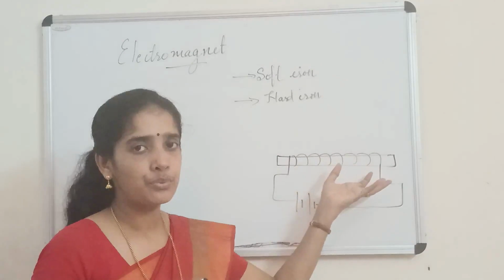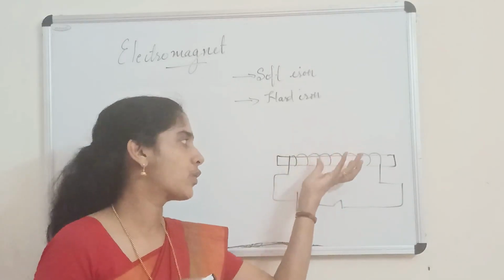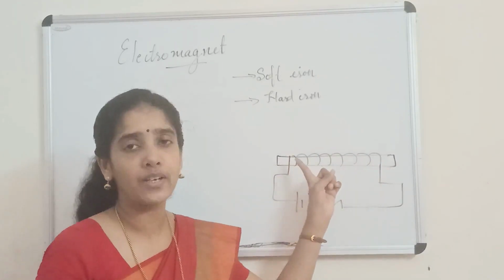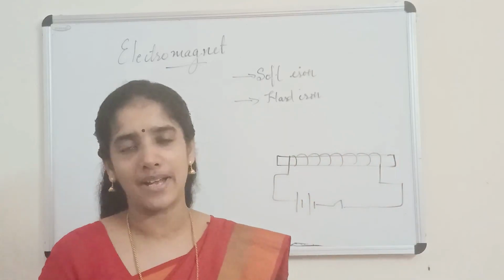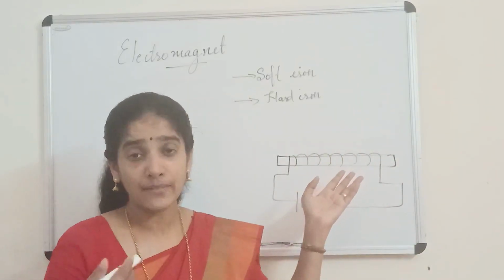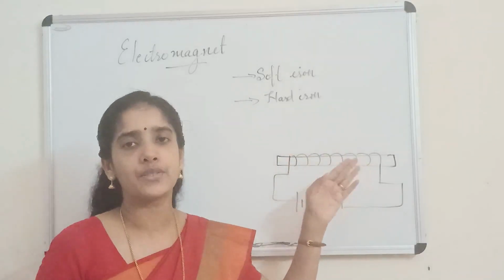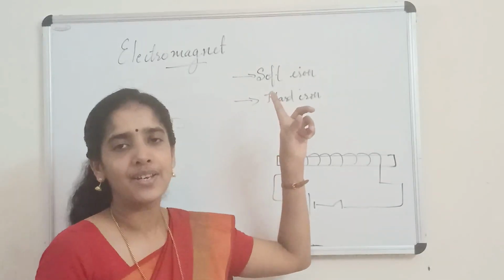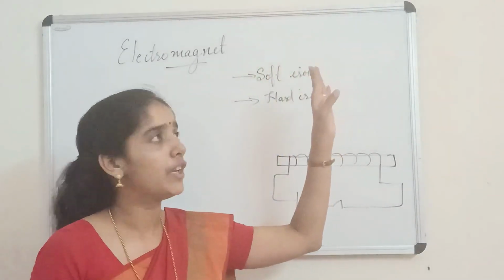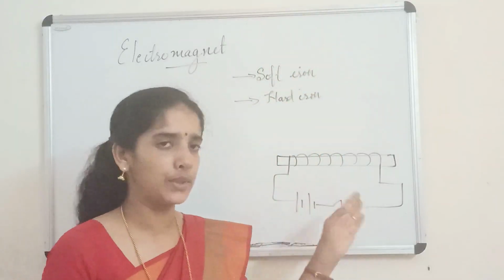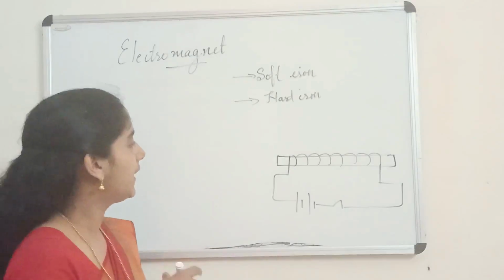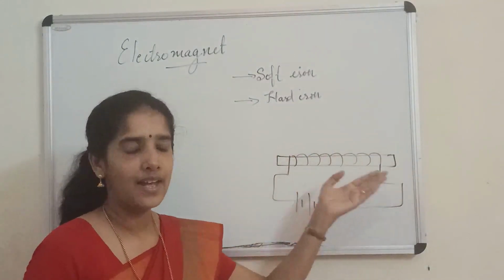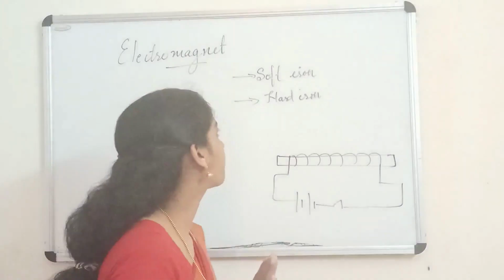So when we pass the electricity, these coils are producing the magnetic effect, but apart from that, the soft iron core is also acting as a magnet. That is why I told you in the beginning that the strength of the magnetic field produced by an electromagnet is quite high compared to that of a solenoid. Remember one point: whenever we make an electromagnet, we prefer soft iron as its core and not hard iron. The ways to increase the strength of this electromagnet are to increase the current and to increase the number of turns.